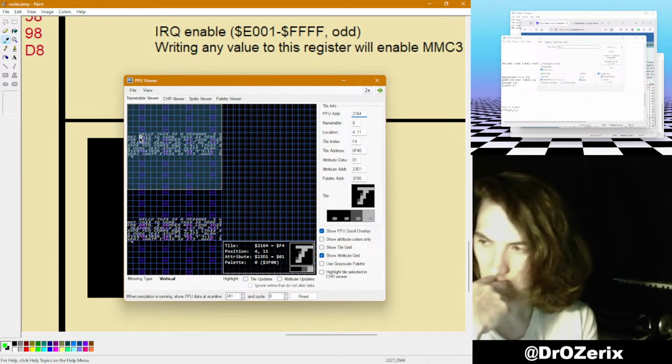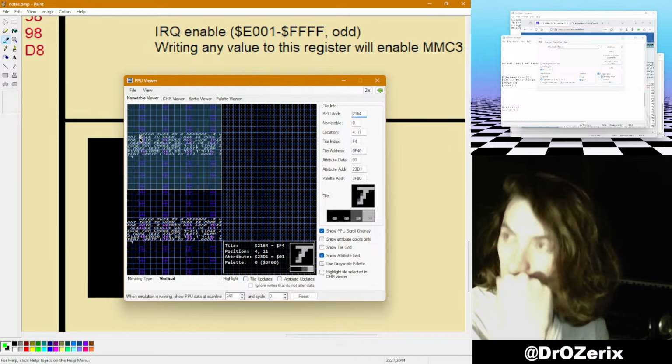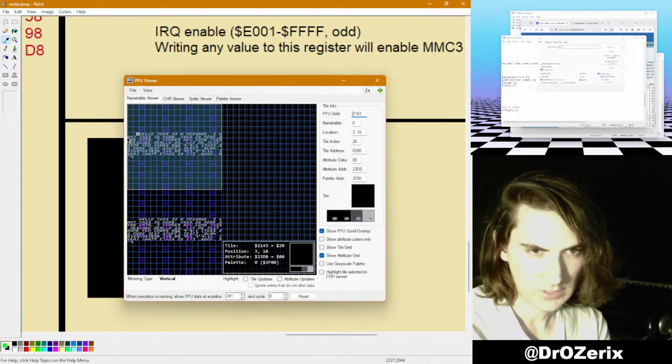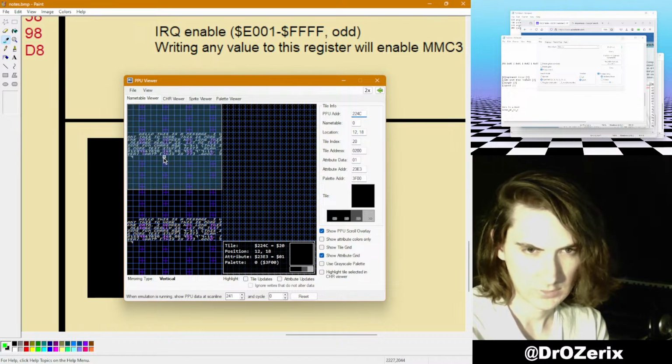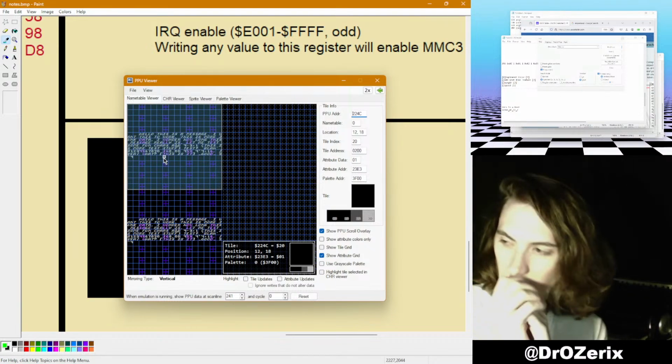Then I need to know the offset there. I think that probably has to be calculated. Yeah, because my margin value only